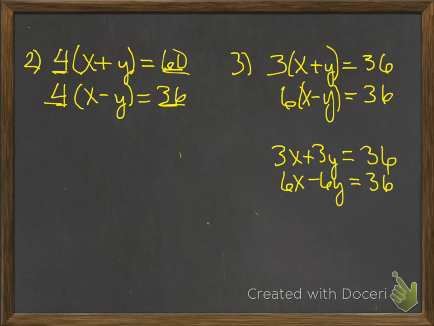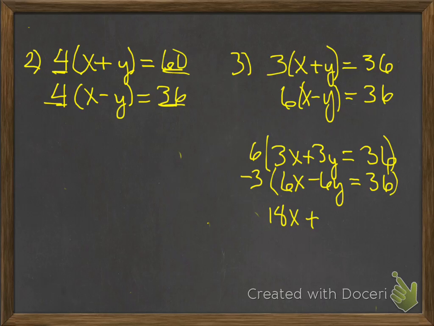Okay, so on this one, we did something like this. You wanted to get rid of the x. Y'all are used to getting rid of the x. Okay, so you can do that and say here 6 and 3, but the x's are positive, so you need to make one negative. So then I would have